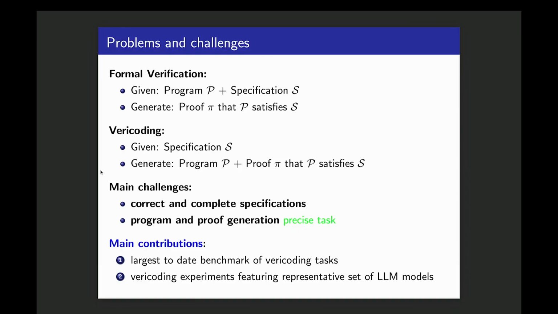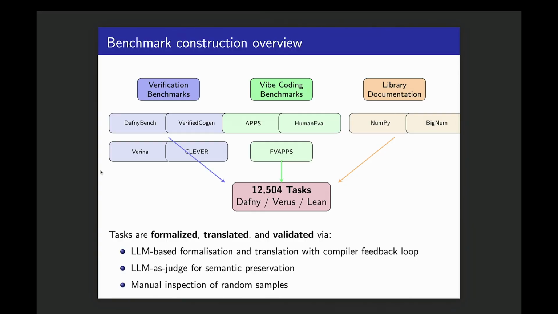We have about 10,000 files in Dafny, Verus, and Lean. Then we did experiments with various models, which were a few months old. I think those experiments are a bit outdated with all the progress, but it's still interesting to see. We had good results, but there are still some problems, because some of the problems might be too easy. We had problems with the formalizations, and some of the specs are maybe simple, so we need to improve the specs.